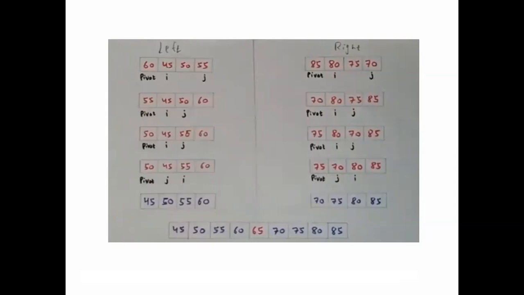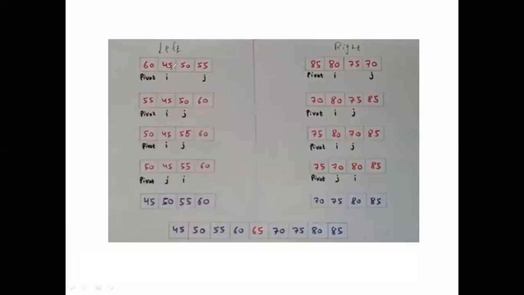Choose the pivot element, the i element and the j element. Just see this example once again. I am taking the pivot as the first element, the next element I am taking as i, and the last element j. Okay, so for clarity, remember, when we move the i element, whenever the i value is greater than the pivot, you can stop.